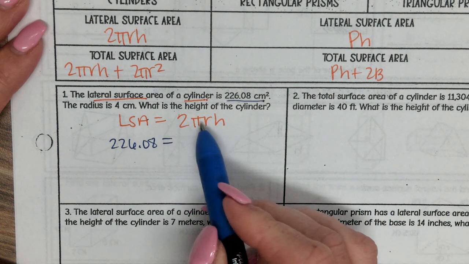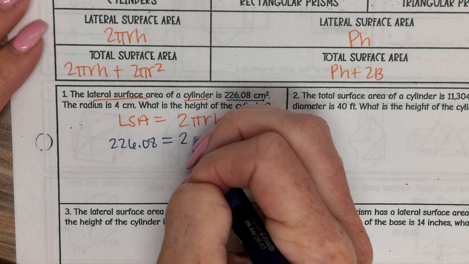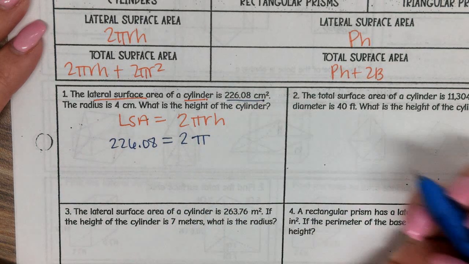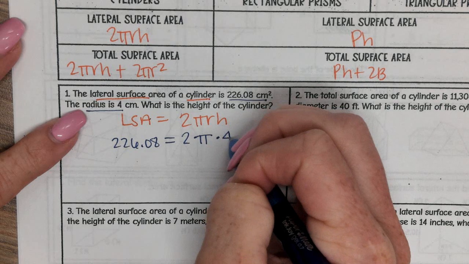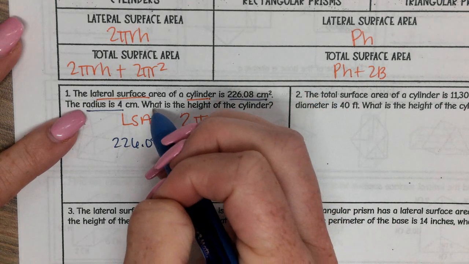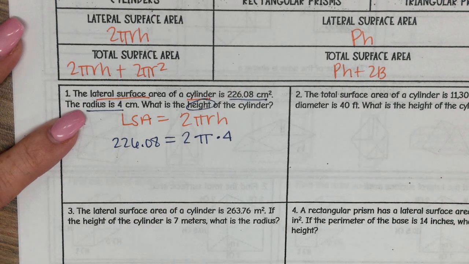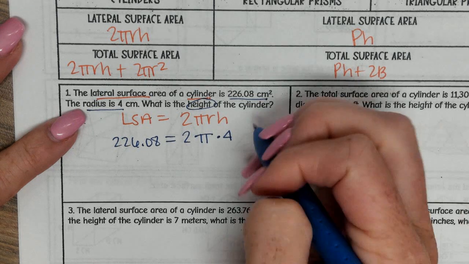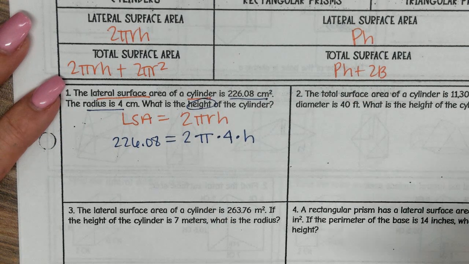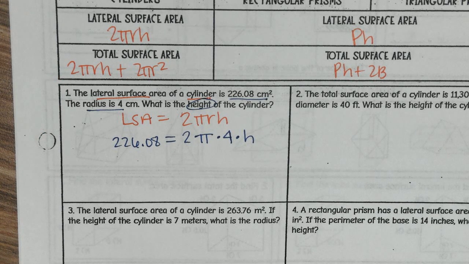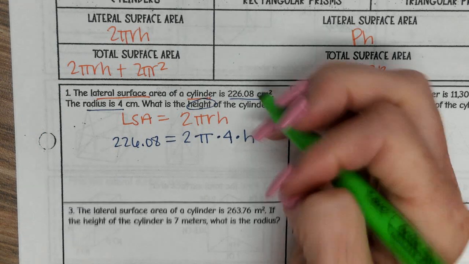So I already know that 2 is 2, pi is pi, the R is 4, and we're solving for the height because it says what is the height. So I basically just made an equation and the height is missing, so I'm going to solve for that right